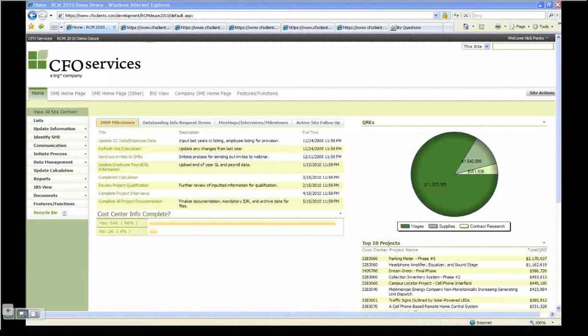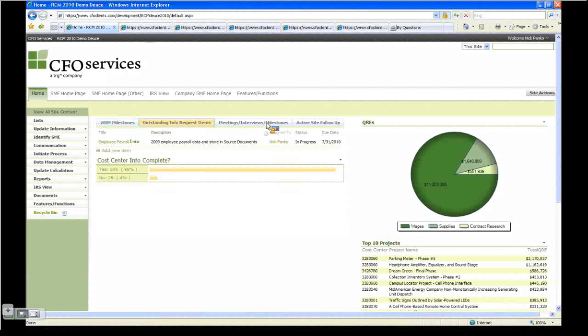But on the home page, one of the things that we like to do first off is project management. When you work with us, we like to be upfront about what we're doing. If we're out there having meetings or doing interviews or keeping track of stuff, requesting stuff, we like to keep that at the forefront for all of us to work together. So, milestones on the project. If we have stuff that we're requesting from the business units or the locations or people, that we have set out there,